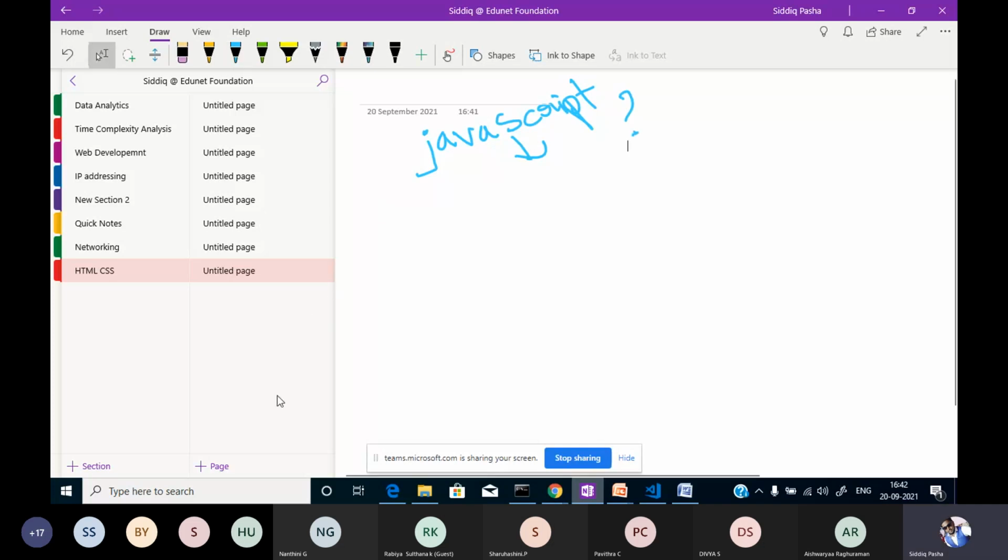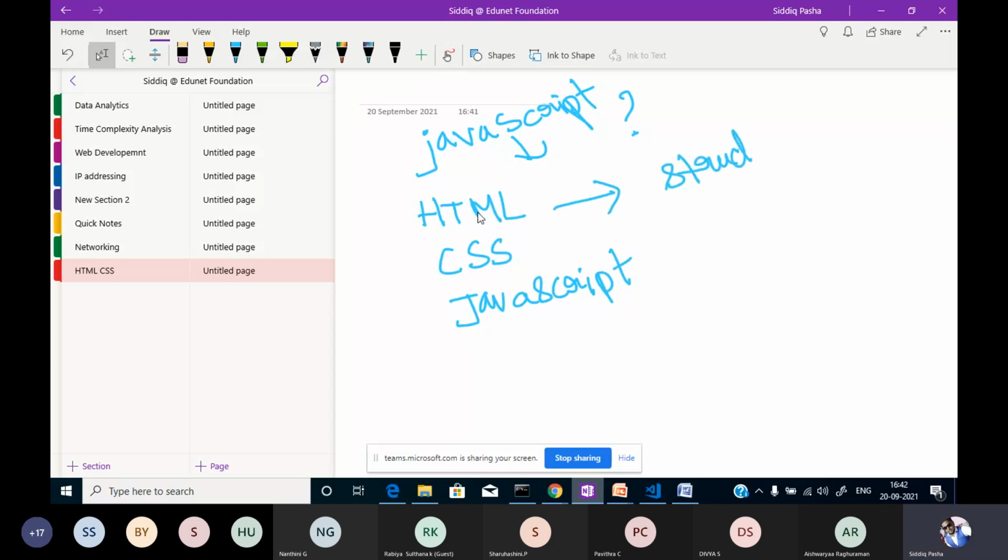We have seen earlier, in the beginning of this program, we discussed HTML, and we have seen CSS, how we can apply the styles. This is the third one, that is JavaScript. HTML is used for applying the structure, CSS is used to beautify the pages, and JavaScript is for behavior.